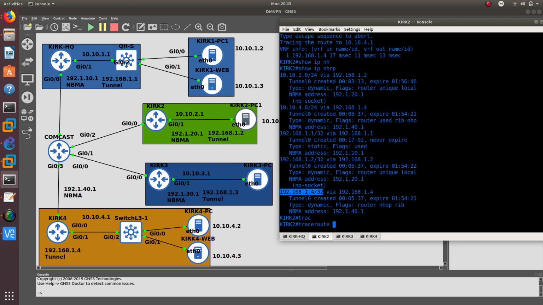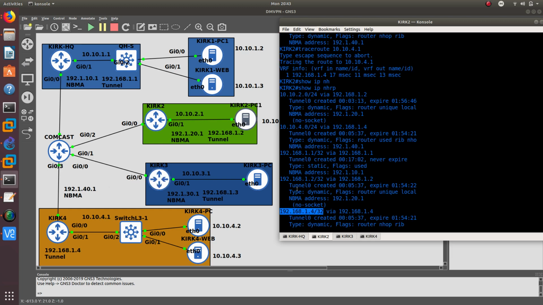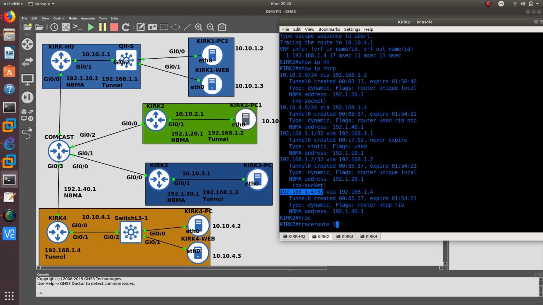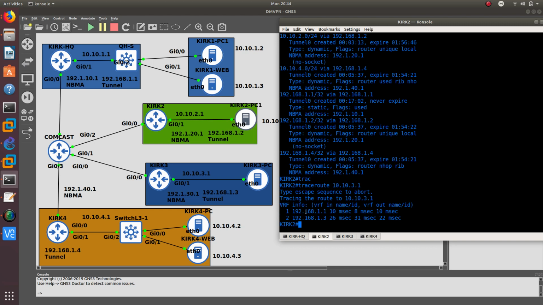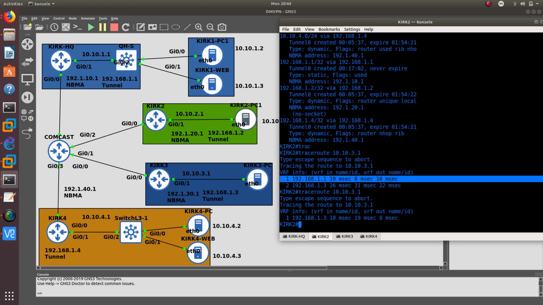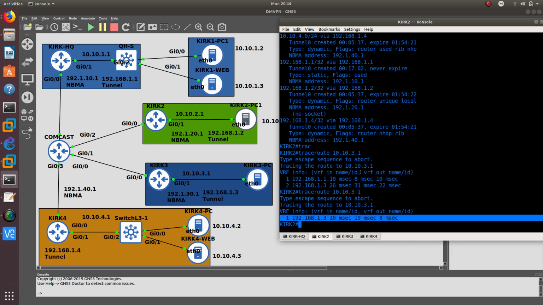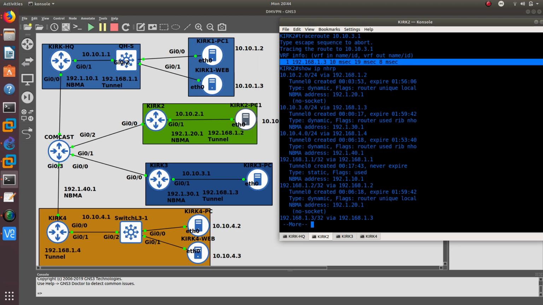Now let's do a trace route and we want to ping Kirk 3, right? Let's ping 10.10.3.1. You can see the first one went through the hub because we did not have that spoke-to-spoke communication with Kirk 3. But now if we do a trace route again, you can see that since we built the spoke-to-spoke communication, you do show ip nhrp,